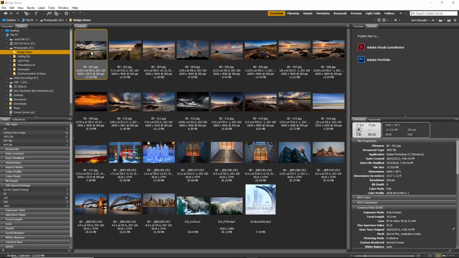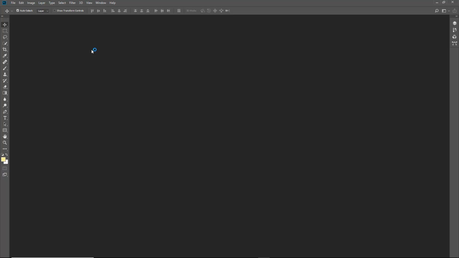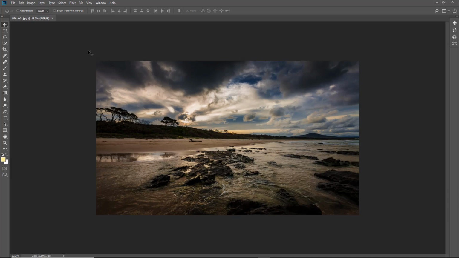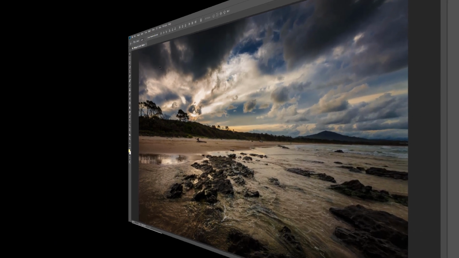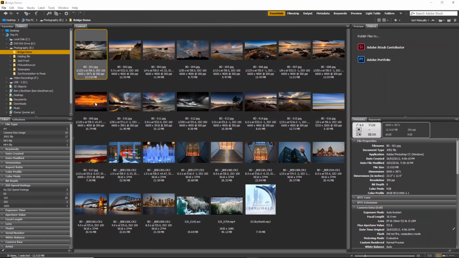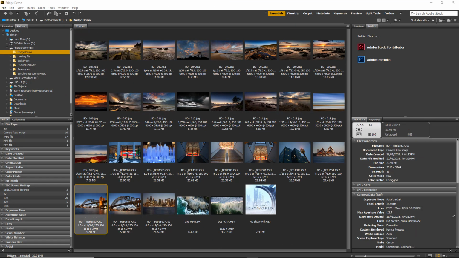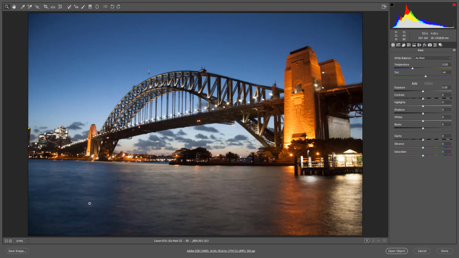At the top left here, just for this particular demonstration, I've got a few JPEG images. If I just double click the image, it'll open up directly into Photoshop. Further down the screen I've got some raw files, so if I select one of those and double click, Bridge will open this, but of course Photoshop will recognize that this is a raw file and intercept it with Adobe